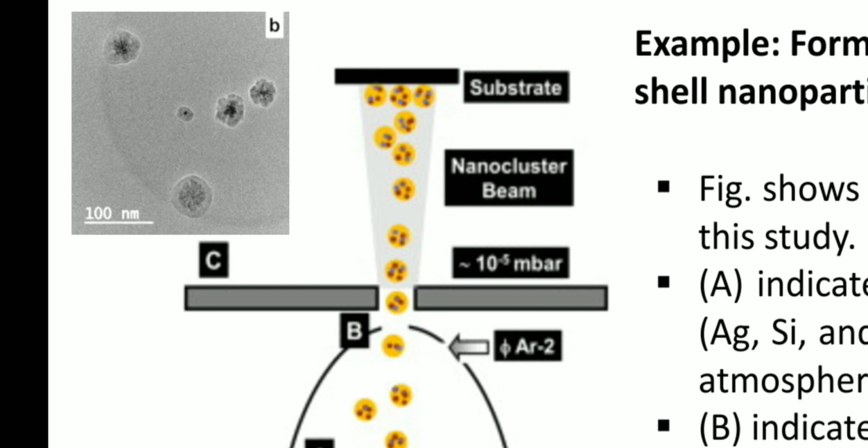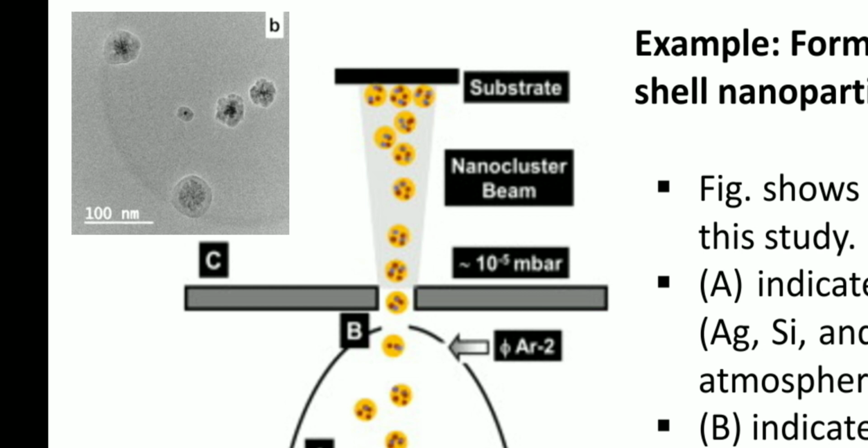There is a particle at the center of this image where there is a single black dot present in the core, and the slightly dark gray region represents the shell. So the black dot represents the core, and the gray colored region around it represents the shell. Here no coalescence has taken place, but in other particles you can see that the number of cores has increased.